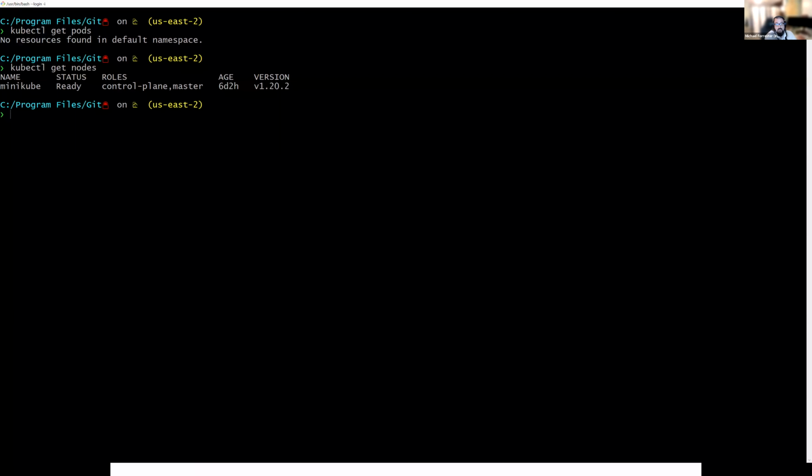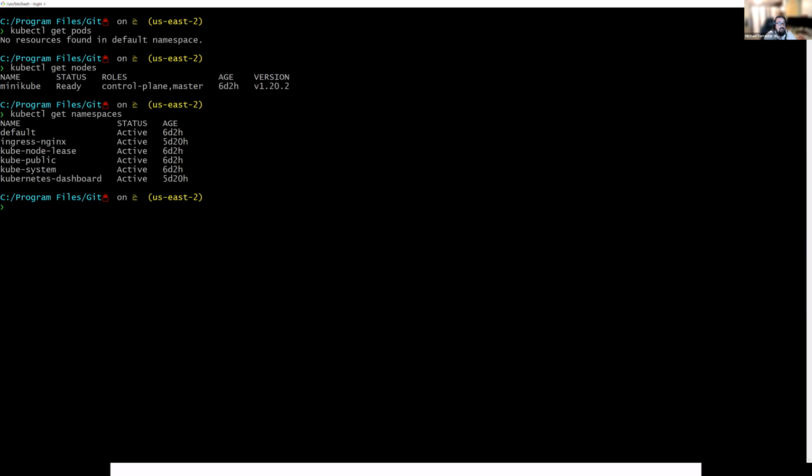Cool. All right, so this is Minikube. It's a single node system, right? And at present, it doesn't seem like it has any pods running. But one of the things I want to point out is that the concept of namespaces has you seeing different things depending on what namespace. So for example, I have access to the default namespace as this particular user, the Minikube user. Notice that there's a bunch of other namespaces here. So if I actually join a Minikube dashboard,